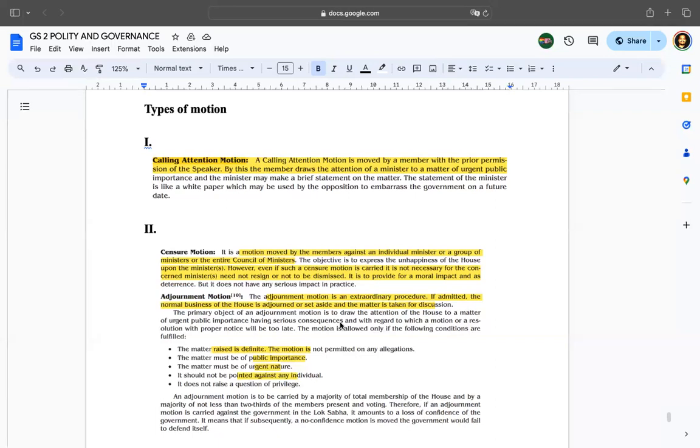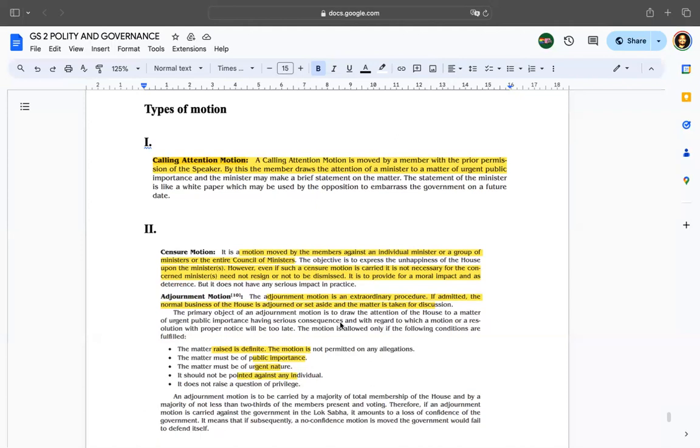Because if we calculate the expenditure of the parliament for 1 day, it is 5 lakh for the Lok Sabha and 7.8 lakh for the Rajya Sabha. So it is a very highly costly exercise. So to prevent the wastage of money, we have these motions so that the debate and the discussions can take place on the real matters and with the proper codification as far as the constitution, precedents, business proceedings rules, and the rules of procedure are concerned.